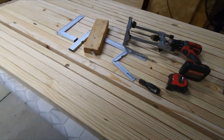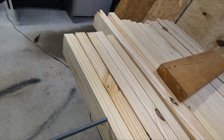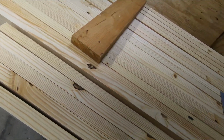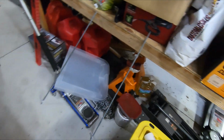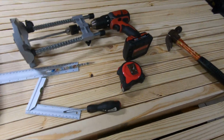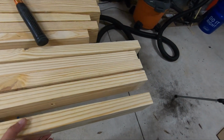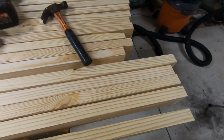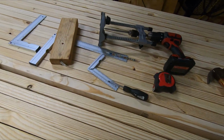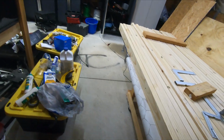So I drilled a 3/8 hole for my 3/8 threaded rod, and this is the idea, to thread it through each of them to kind of straighten them out and make sure they're good. But I think I overestimated this thing's ability to drill a straight hole. It's not awful, but these first 2 boards, it had a lot of trouble. So I was gonna glue it and then push it straight through. I don't think that's going to work out, so I think how I'm going to do this is reverse course here. I'm going to finish drilling my holes,